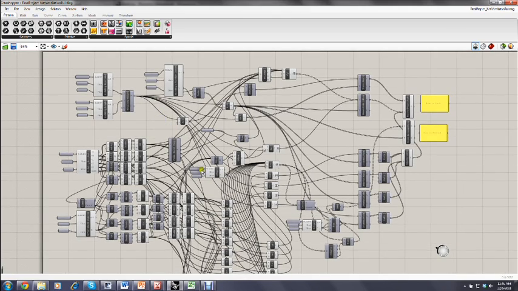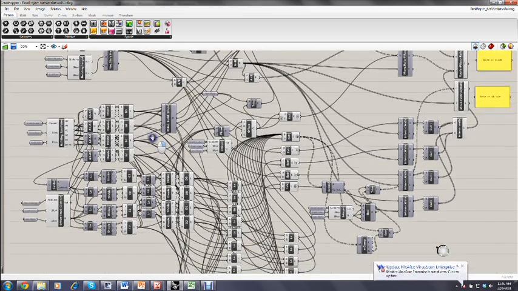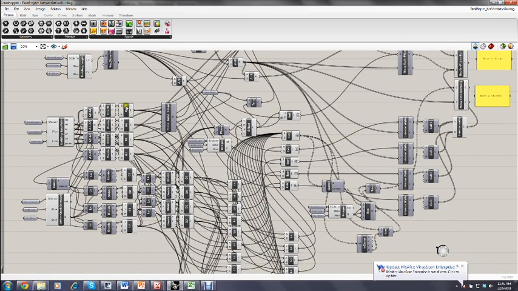So what we have here is the definition of a parametric building with all the points that we need to create the base of the building, data such as the height of the building, of every room, all the geometry of the base, the relation with the windows, the dimensions of the windows too, and some of